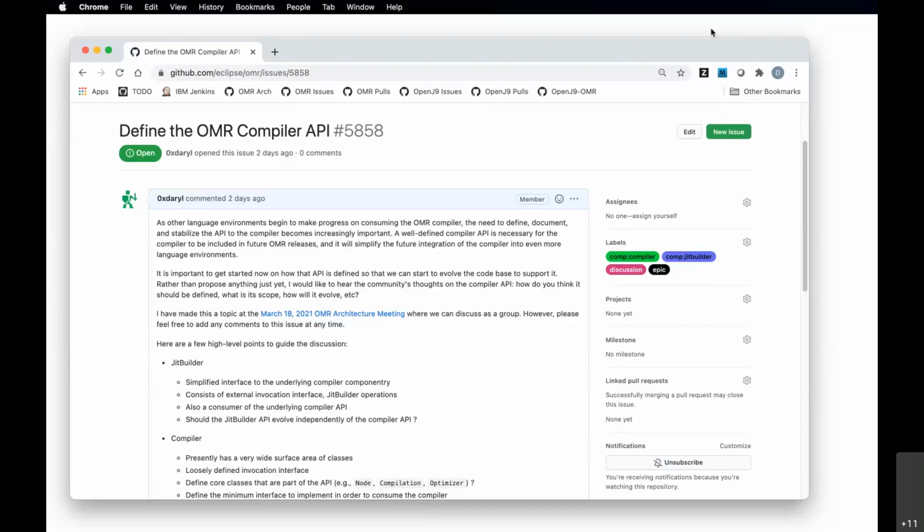This is the whole point of this meeting: to start the process of brainstorming ideas on what that compiler API could look like. Once we have an idea of where we want to go, we can start doing the right things to shape that API and get it to a point where others can consume it going forward.